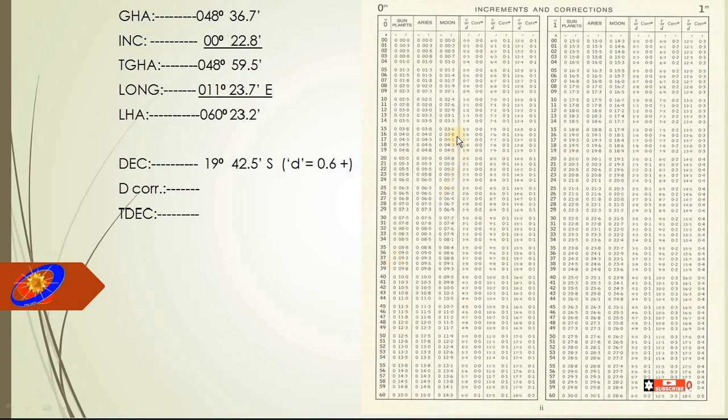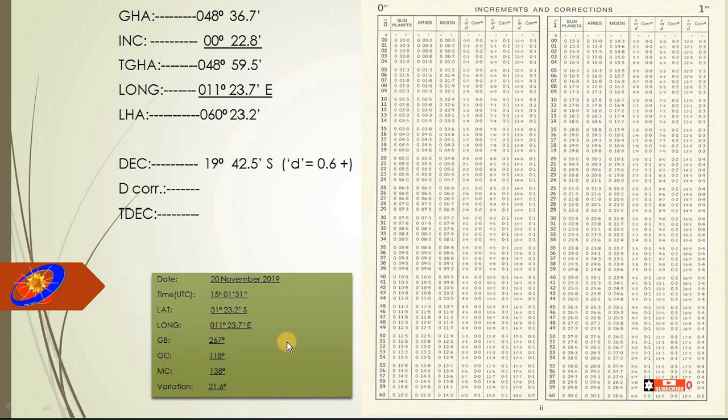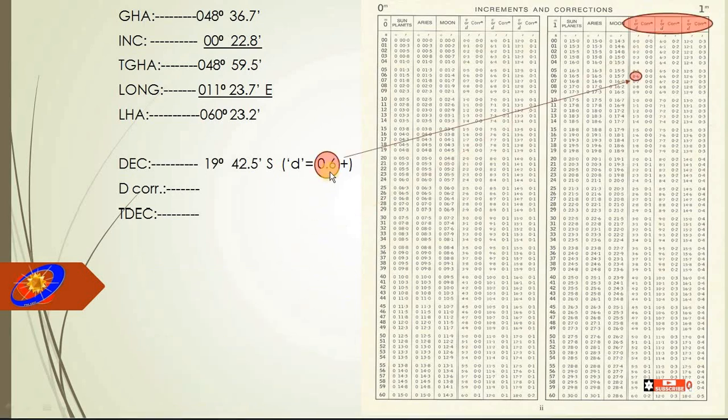Okay, so for the D correction, we're going to use the yellow page, increments and corrections from the Nautical Almanac. Of course, the data from before, 01 degrees minutes, yes, and the D correction, which is 0.6 here,